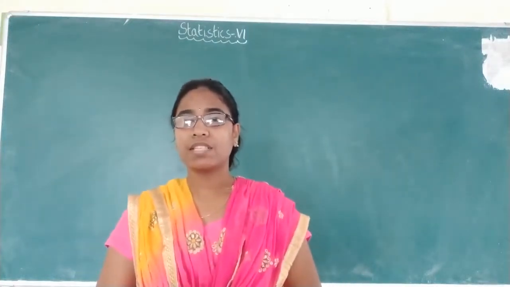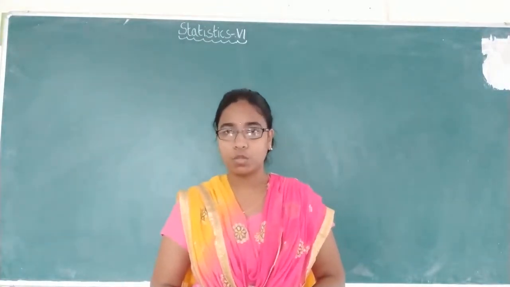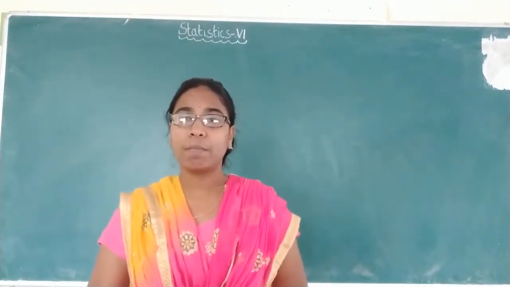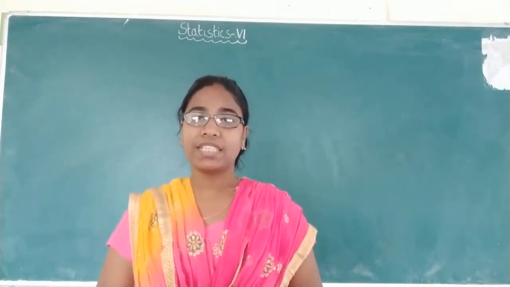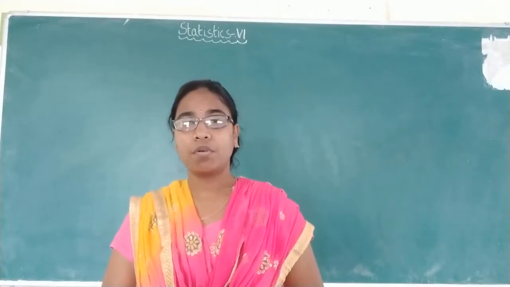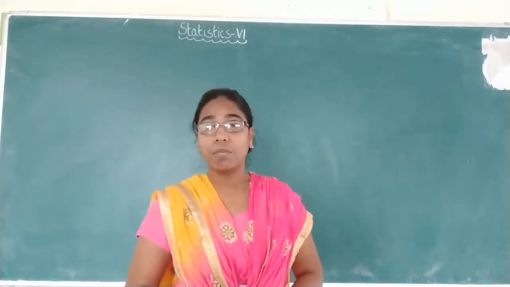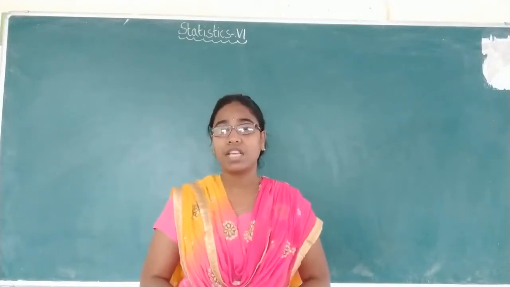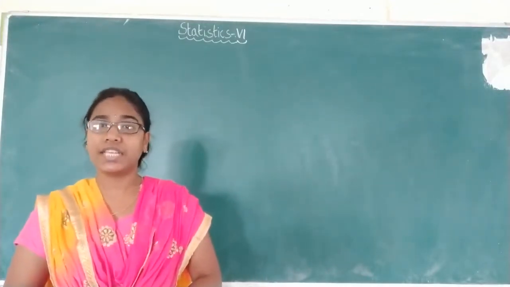In the last class we discussed the C chart, and we have seen it along with the problem also. Remember, whenever you have the number of defects, it indicates the C chart, whereas the number of defectives indicates the P chart. For the number of defects we have seen the construction procedure and the control limits for the C chart.